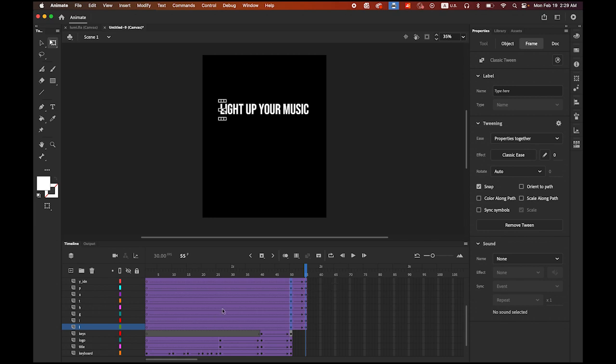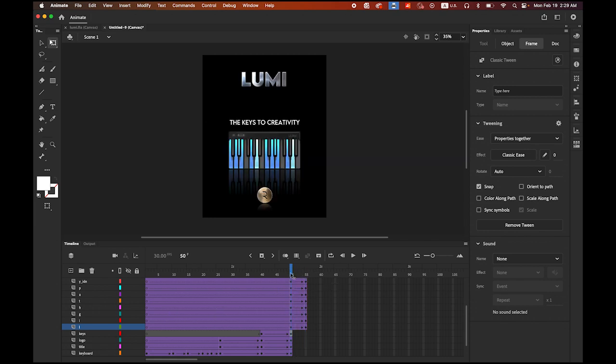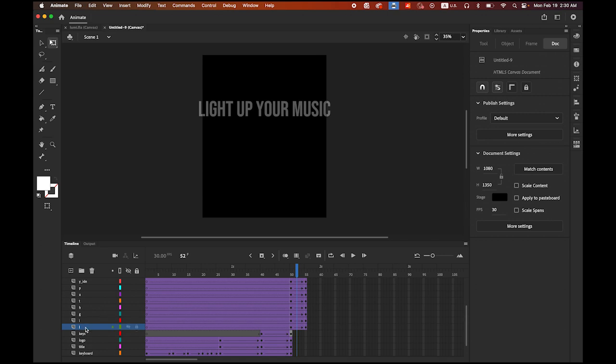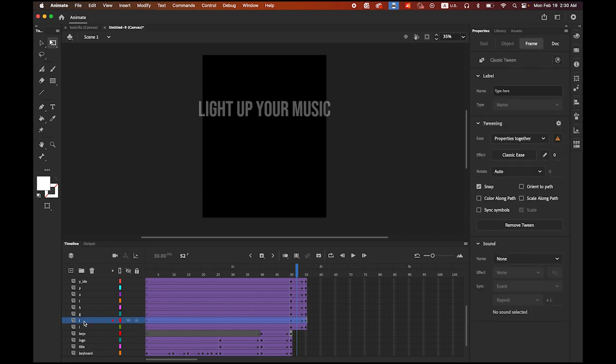Now, what I'm going to do is, all letters are coming in at the same time. They light up your music, but I want to give a little kind of delay in between each letter. So, first letter L, I'm going to leave it as it is. Next letter, select the layer, then keep pressing your mouse cursor on your segment in blue and move to the right 1, 2 more frames. Next letter, 1, 2, and the next